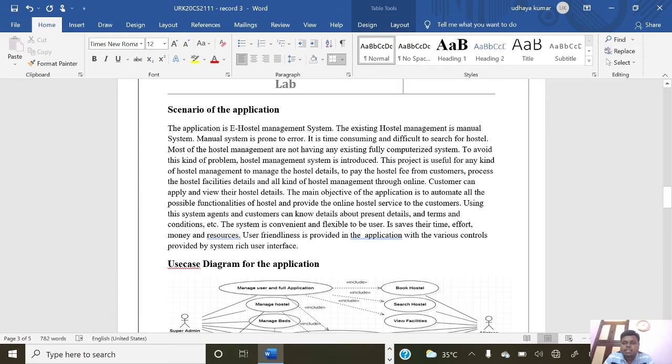Using the system, agents and customers can know the present details and terms and conditions, etc. The system is convenient and flexible to the user. It saves time, effort, money and resources. User friendliness is provided in the application with the various controls provided by the system's rich user interface.